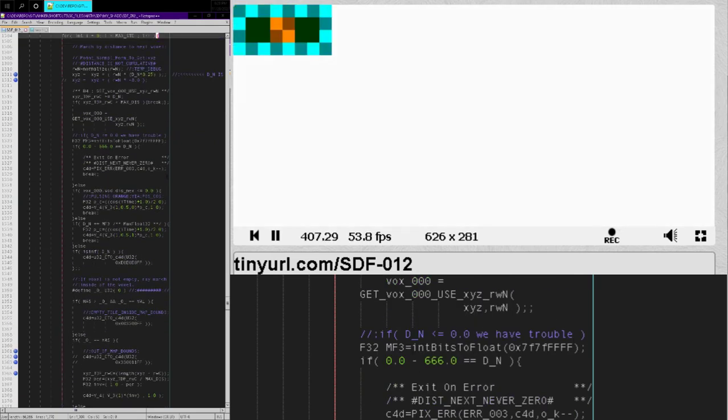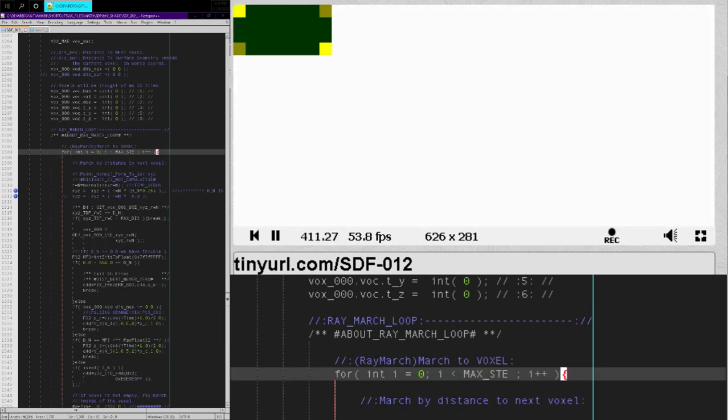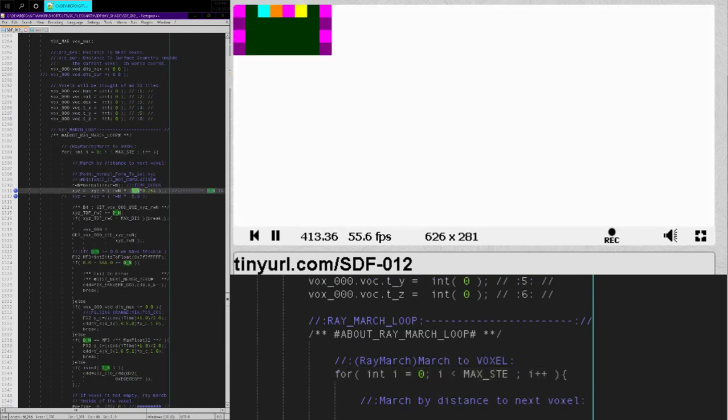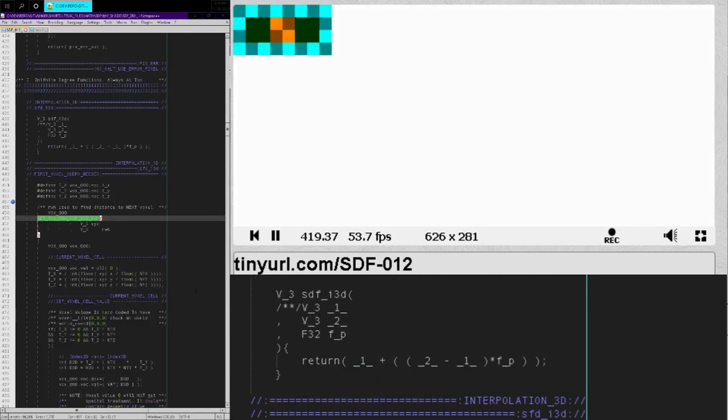I don't know. It seems like my math is wrong here. This function is something I've never done before, and so I just feel like